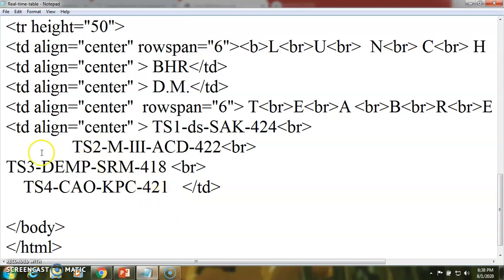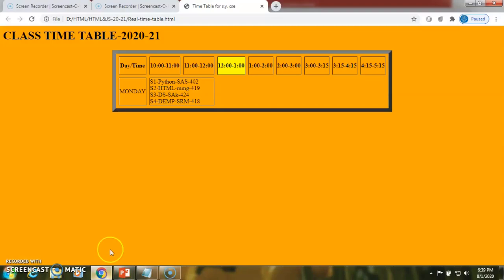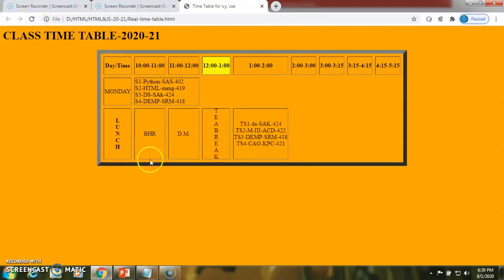So these are 4 slots, S1, S2, S3, S4, which can display in a single cell. Let us see the modification of the current code. Just refresh this. Here we have added the table in this way. This is not a proper look, so we are going to modify it.